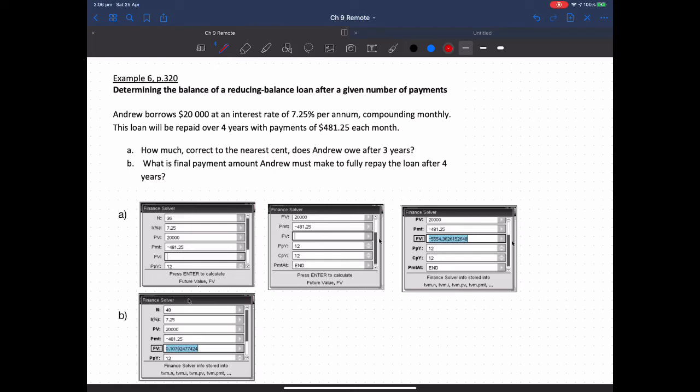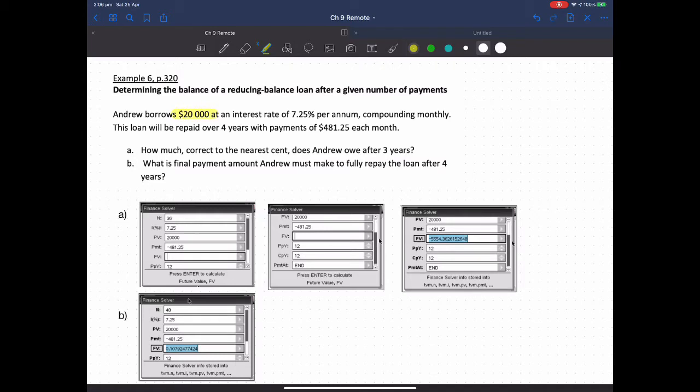This is an example from your textbook of solving a reducing balance loan problem using the finance solver. So the first thing we're going to do is go through the question and identify the information that you've been given. Andrew borrows